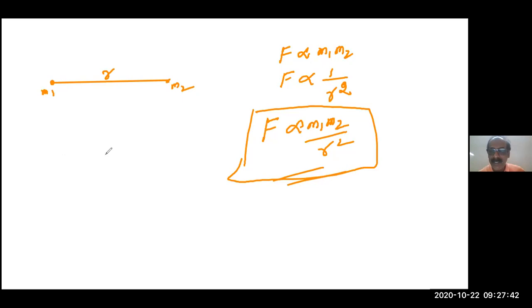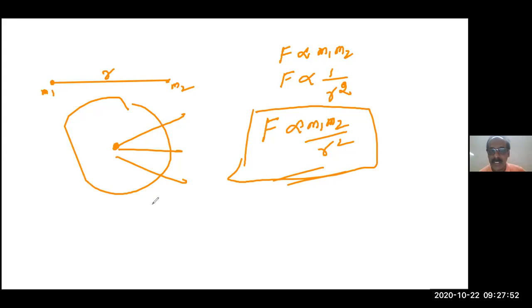It spreads spherically. See, from here, it is spreading like this. So if you imagine a sphere, we have taken the total energy coming out as 5 and the surface area is 4 pi r squared. So brightness or intensity depends on 5 by 4 pi r squared. You remember? First I have taken 1 centimeter distance. Then by the square factor, when I say 3 centimeter, 9 times it will decrease; 2 centimeter, 4 times it will decrease.